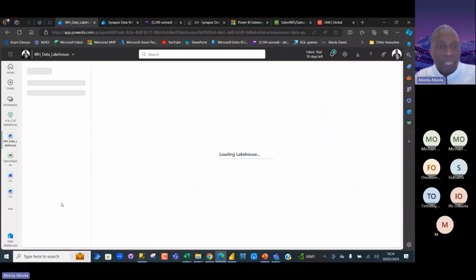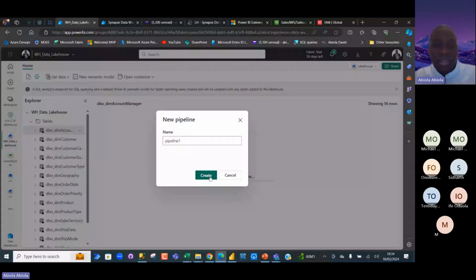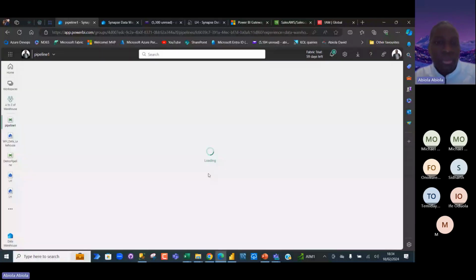And then I think I actually choose the SQL. And okay, it's coming up. Just waiting for this to come. I'm going to click or choose new data pipeline. So I'm going to click on data pipeline. Let me just call it one. That's fine, to save time. So just waiting for the pipeline canvas to come up.